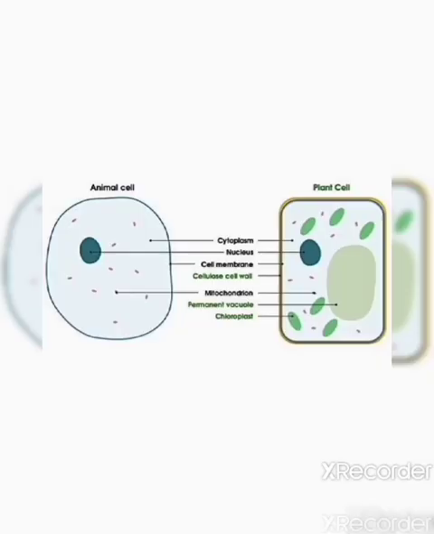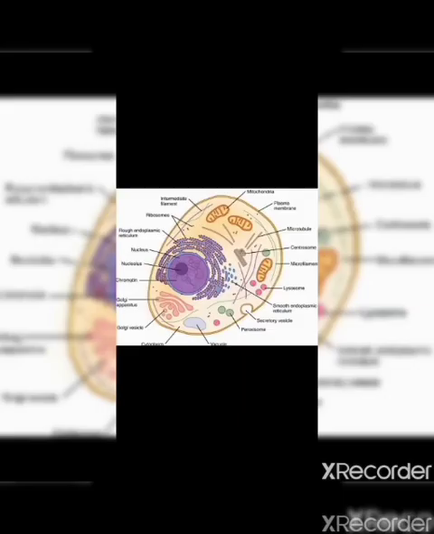Next two parts of the cell which I am going to take are cell membrane and cell wall. I have already explained to you about the characteristics of cell membrane and cell wall in my previous lecture. Functions also you know that. One more function: cell membrane in animal cells and cell wall in plant cells give shape to the cell. Cell wall provides protection also, and other points I have already discussed before.